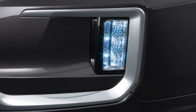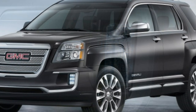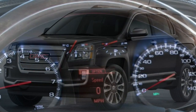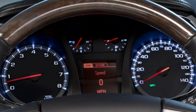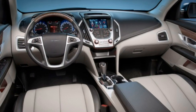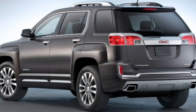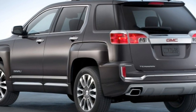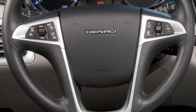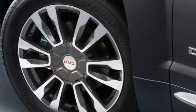According to EPA fuel economy estimates, the 4-cylinder engine should return 25 miles per gallon combined, 21 city/31 highway, with FWD, although we've been unable to match those numbers in our test vehicles. With AWD, the 4-cylinder drops to 23 miles per gallon combined, 20/28. The V6 is rated at 20 miles per gallon combined, 17/24, with FWD, and 18 miles per gallon combined, 16/23,